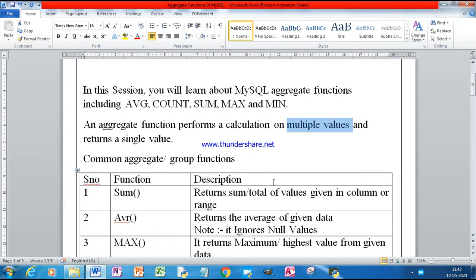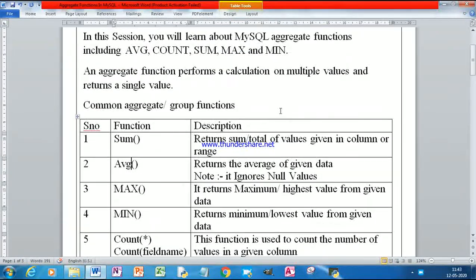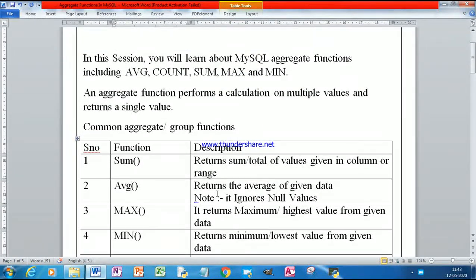Next, the AVG function. This function returns the average of given data. Average means total divided by the number of occurrences. Note, it ignores null values.